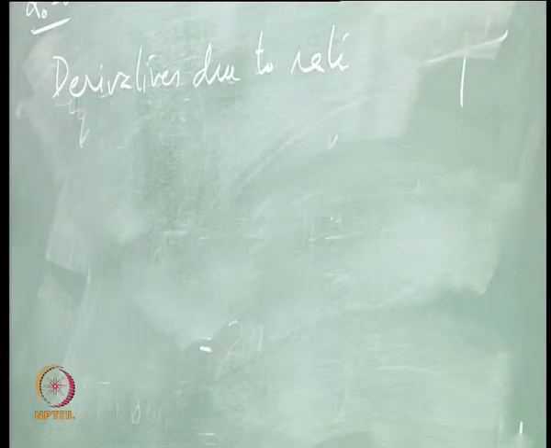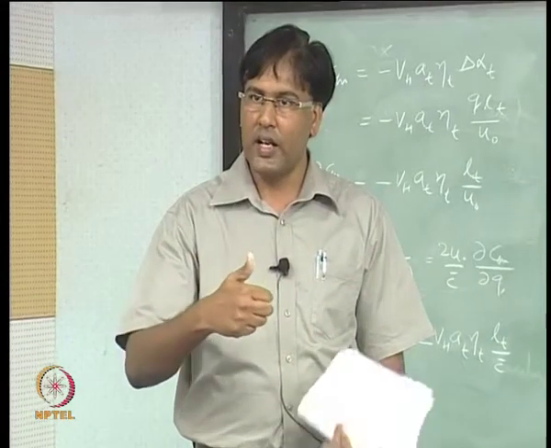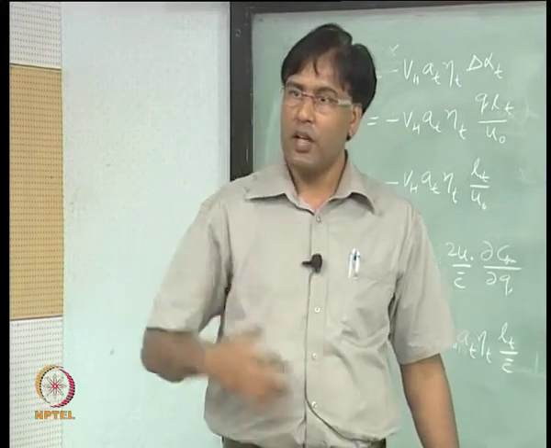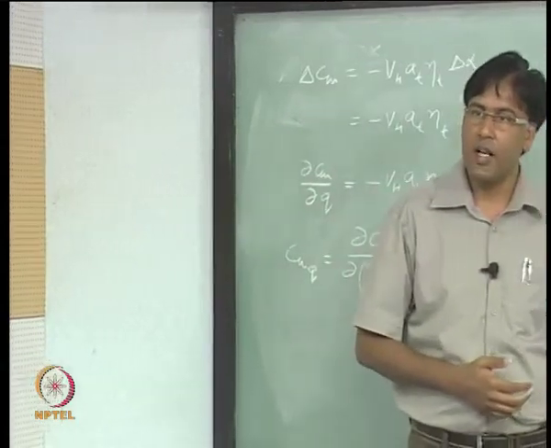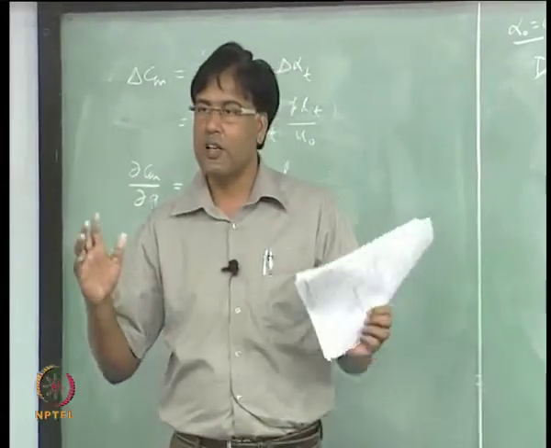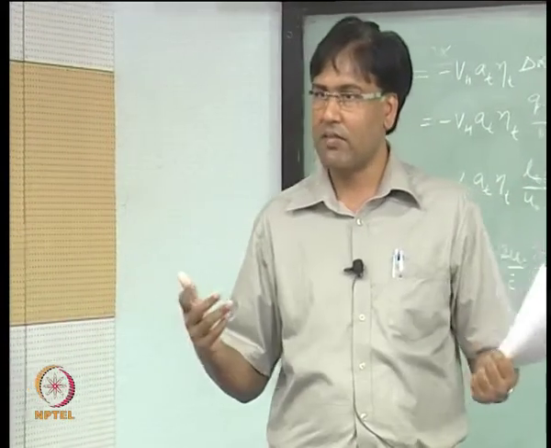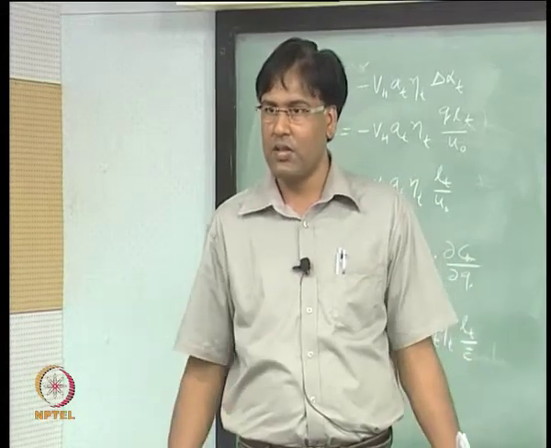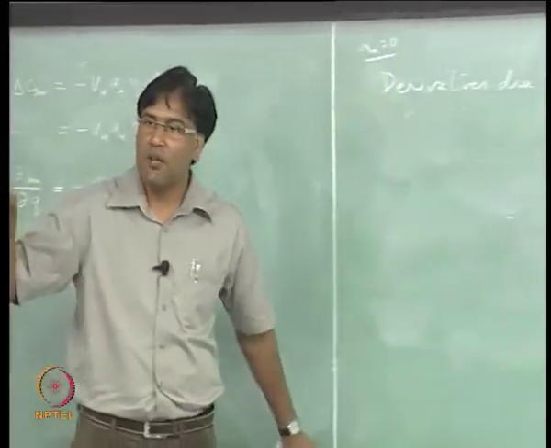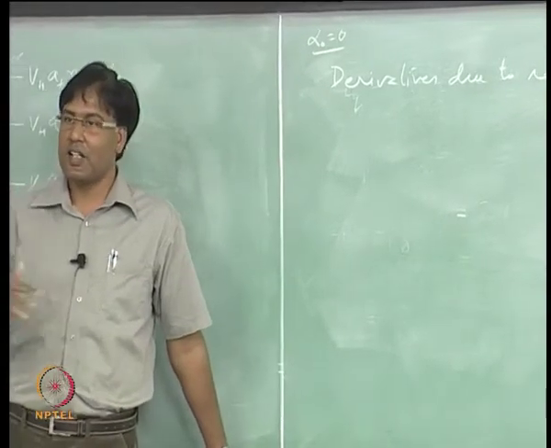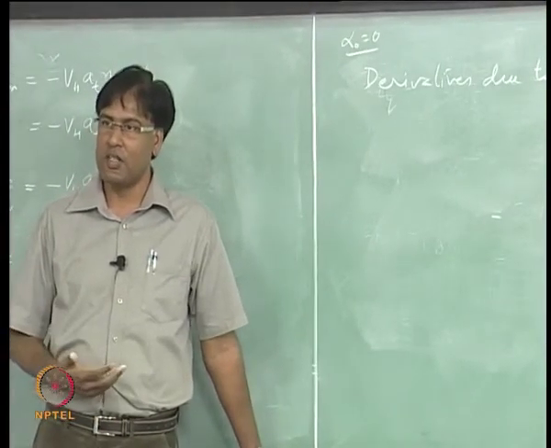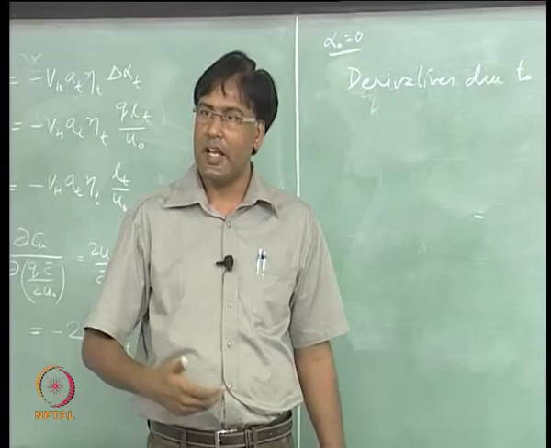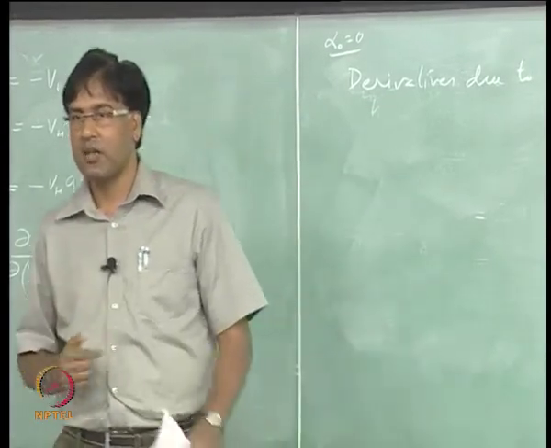Imagine where all you will need these derivatives. You are flying equilibrium condition and then a gust will hit your aircraft. Let us say you are flying a cruise condition, gust will hit your aircraft. So, you are going to see a perturbed motion, right. Not a steady condition is when you are sitting in your aircraft, you actually feel nothing, is not it. You will feel as if you are sitting in this room, unless you see something outside moving relatively, otherwise you are actually sitting in a room. And whenever there is a gust hitting the aircraft does some motion, and that is the motion that we are talking about.